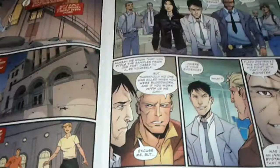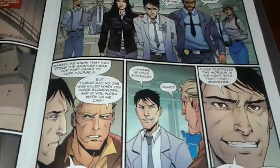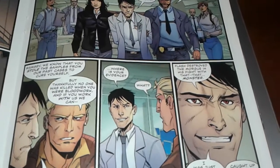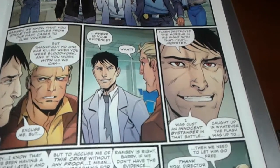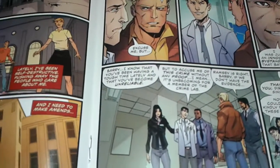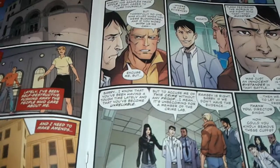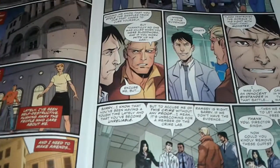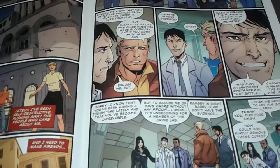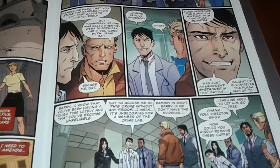And you just see Ramsey like, excuse me, where's your evidence? And Barry's like, what are you talking about, man? It's like, Flash destroyed the morgue in that fight with that monster. I was just an innocent bystander, caught up in whatever the Flash was up to. Barry, I know you've been having a tough time lately and you've become unreliable. But to accuse me of this crime without any proof, I mean, it's unbecoming of a member of the crime lab. And then Singh is like,